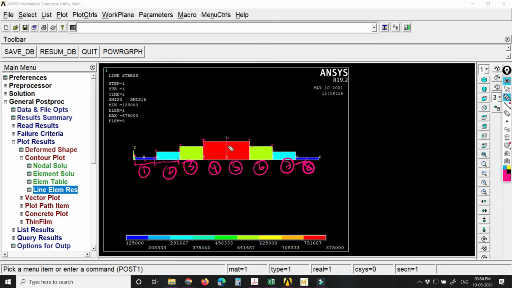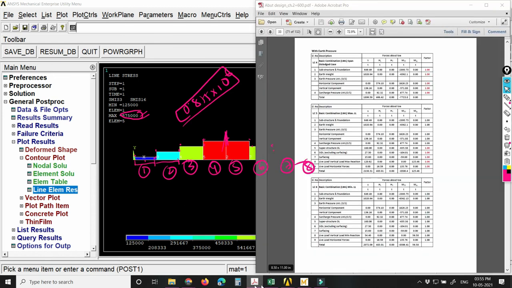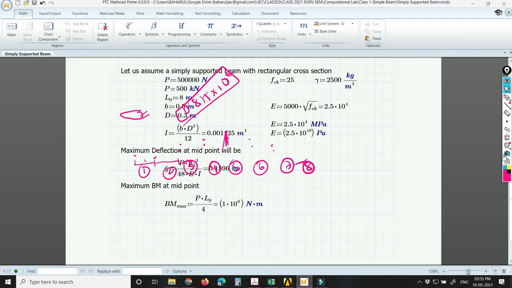Even if you see the bending moment at this point, the maximum bending moment is written as 87500, right? That means 8.875 into 10 to the power 6. But if you see our calculation, it is 1 into 10 to the power 6.